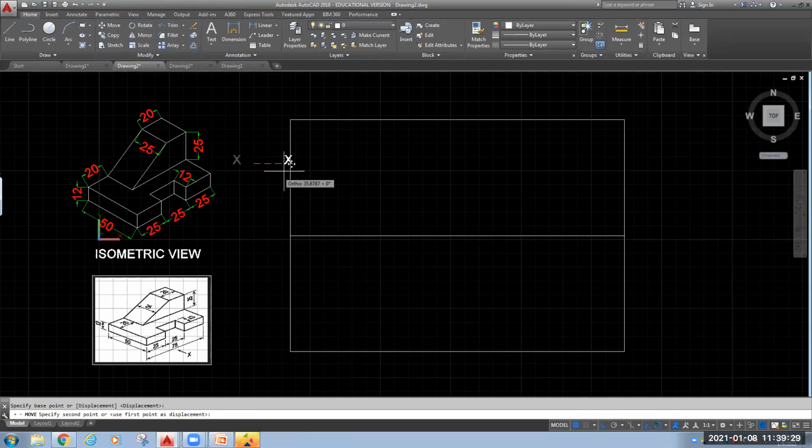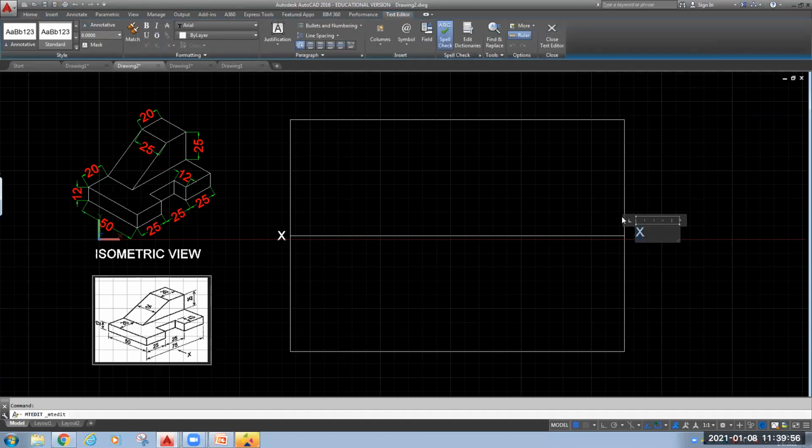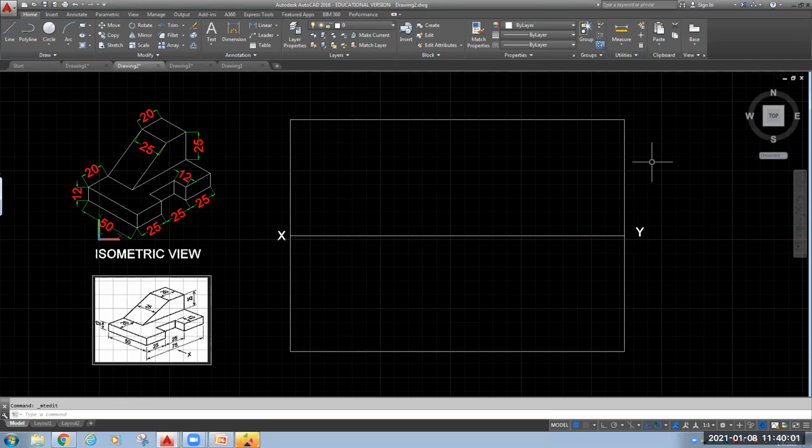Switch off this ortho, or it will move only in horizontal and vertical directions, and bring this line to one side. Now copy this, Control C on your keyboard, and Control V is for pasting. Place it where you want, and edit this to capital Y. So this XY represents our